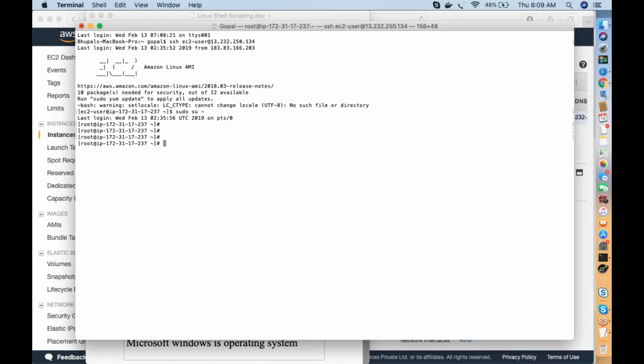Why do you want to delete the logs? Because you are running an application in production, and every few days your logs are becoming full. So it has to do a log rotate, and after a few days it has to delete. After a few days you don't require the old data, more than 15 or 30 days.